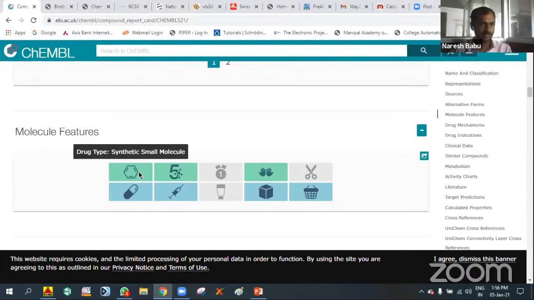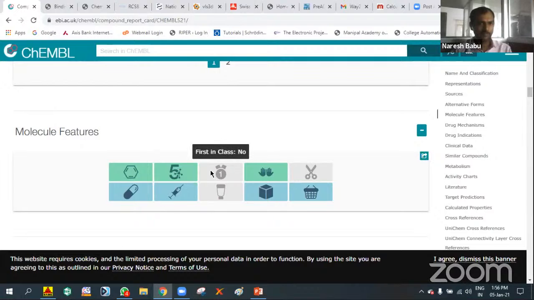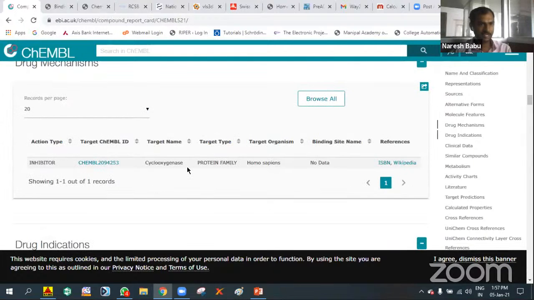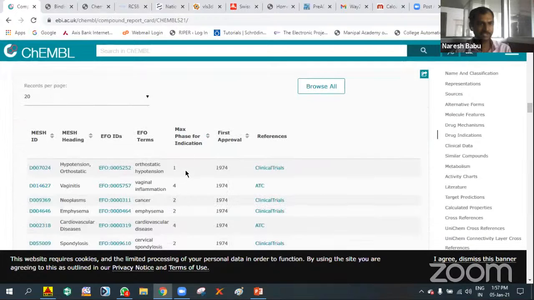There's the drug type, whether it is a small molecule or large molecule, synthetic or natural, and whether it obeys the rule of 5. It is obeying that rule of 5, that is Lipinski's rule of 5. In the further slides we can observe that also. And first in class, and chirality, and prodrug or not, and whether it can be taken orally or not, parenterally, and topically we can apply this drug or not. So this is the data it gives, and it represents drug mechanisms,